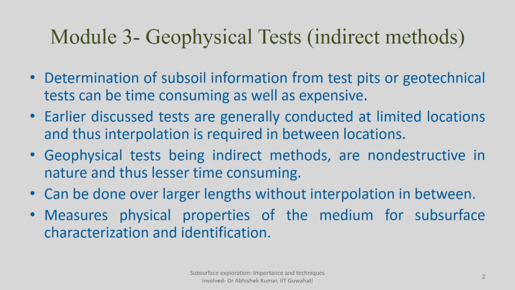But what if the properties are varying in between the grids? Like you did the test at two locations and assumed that either it is the same, not changing between the two test locations, or whatever change is happening, it is happening linearly. So, in those cases where interpolation is required, and considering the finance involved, you have to go for a limited number of geotechnical tests. So more of your field investigation or interpretation part will depend upon interpolation between the field tests.